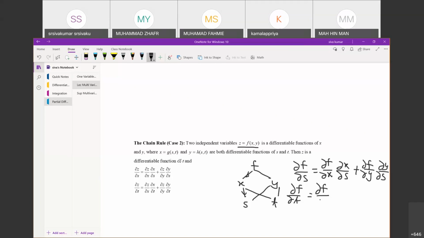Then del x, going to t, del x del t. Not a d, del. Some of you may ask, okay, later, let me finish first. Del f, del y, del y, del t. Now, simple question: why is this one not d? Why didn't we use the symbolic representation of d?